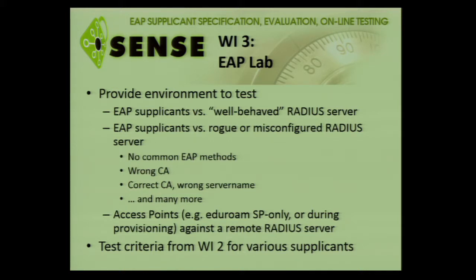The more interesting part is that you can also tell the EAP lab, do something wrong. And then I can test my supplicant, can it cope with that? What is its error message? So some things you can configure is that the radius server supports only EAP methods which are totally exotic, and probably your supplicant doesn't support any of those. So what is my message to the user if I find out that the EAP methods on my device and those from the radius server just have no common match? That is not quite a common use case, but it may happen.